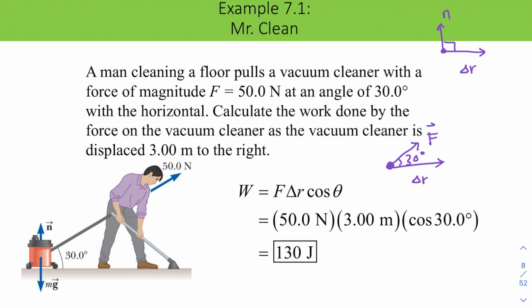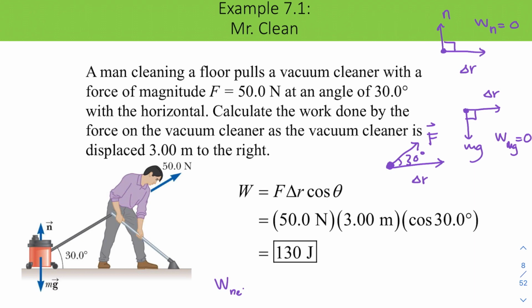So it's 90 degrees, so the work done by the normal force will be 0. How about the weight? Weight is downward, and the displacement position vector R is also at 90 degrees, so the work done by the weight is also 0. If the question is asking for, let's say, the W net on the vacuum cleaner,